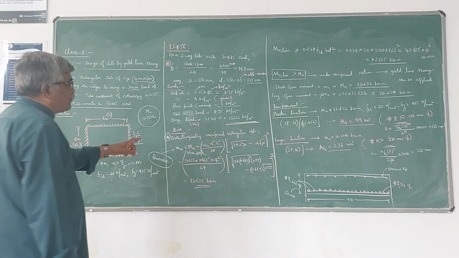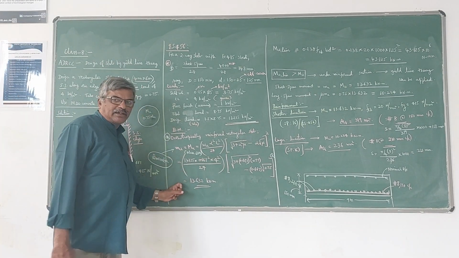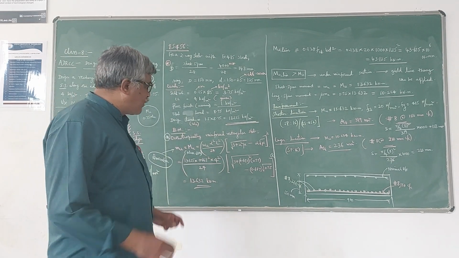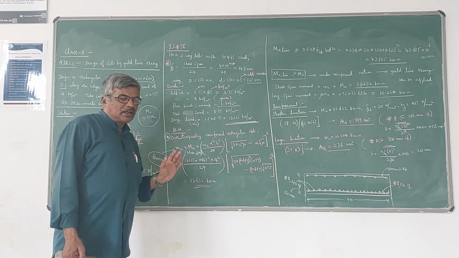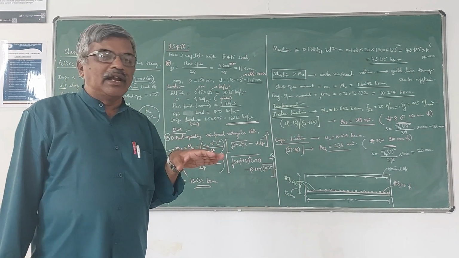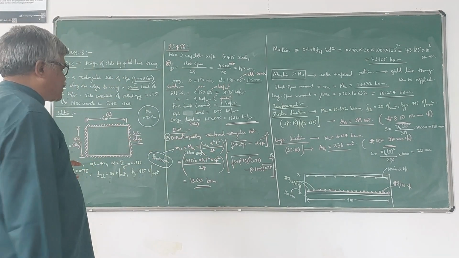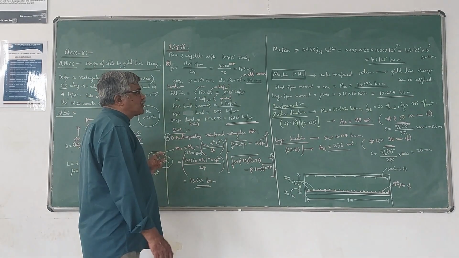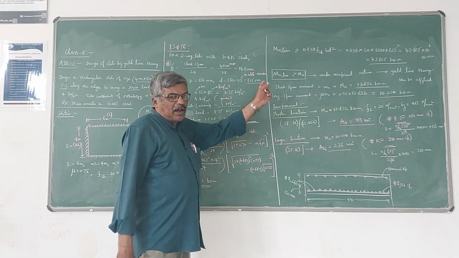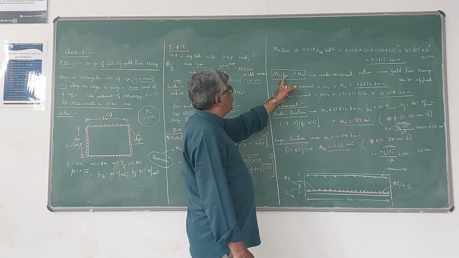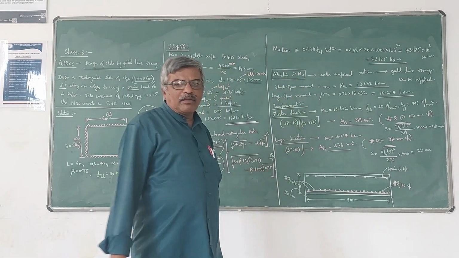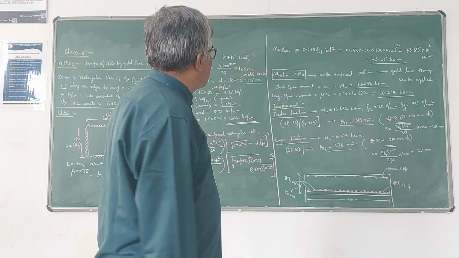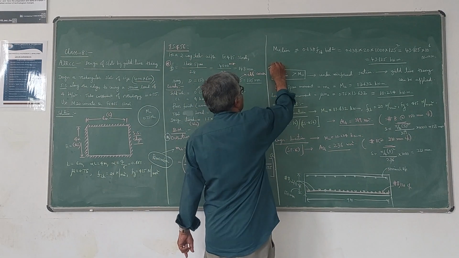So for this value you have to design the reinforcement. Now we have to check whether the section is under reinforced or over reinforced, because we can use yield line theory only for an under reinforced section. In case of an under reinforced section, the condition is you have to calculate the limiting value of moment of resistance, that should always be greater than the maximum bending moment. If this condition is satisfied, then it is an under reinforced section.